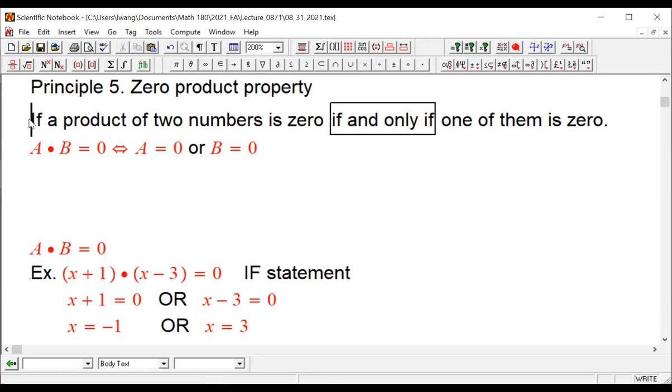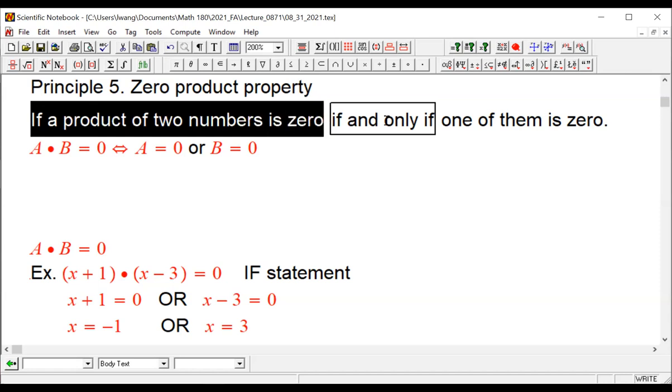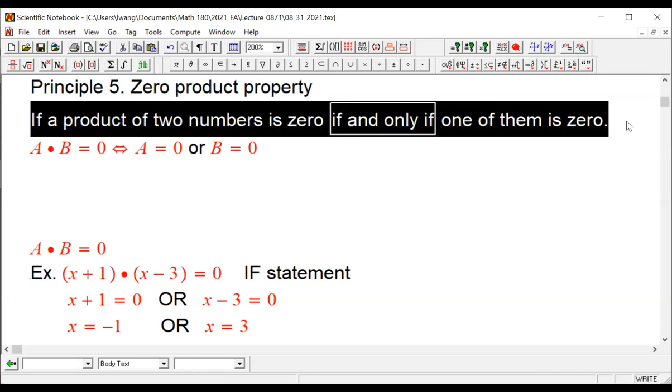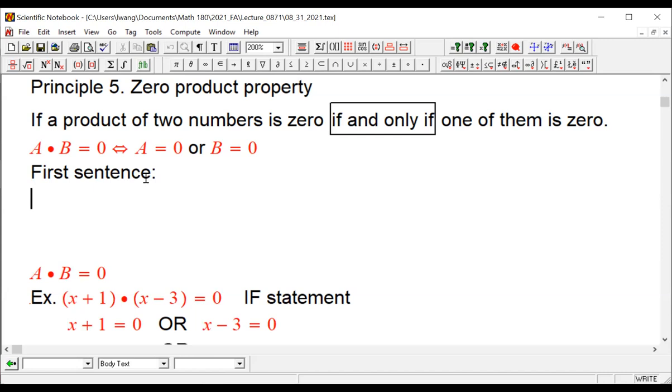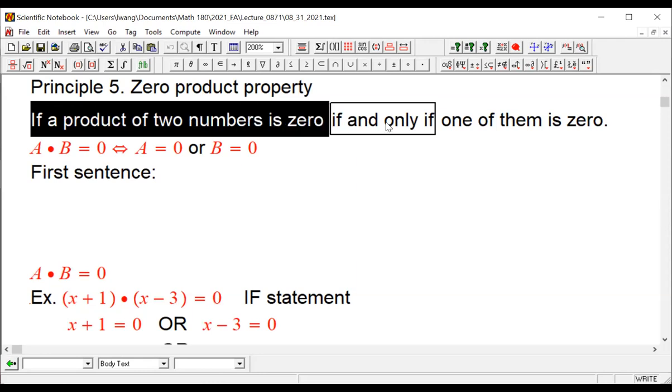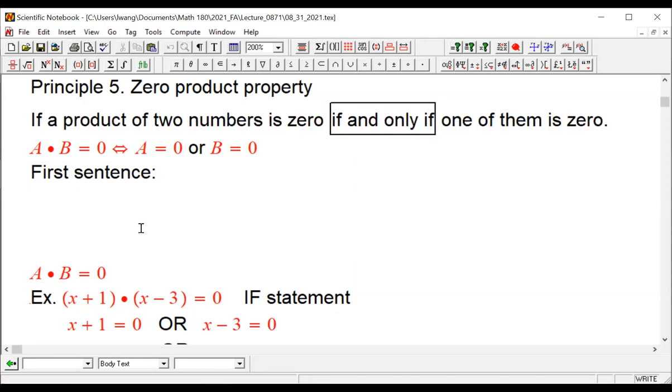Okay, so if a product of two numbers is 0 if and only if one of them is 0, this is actually two sentences, because the if and only if is implied. First sentence. We're still talking about the grammar of mathematics, the statements and so on, and we try to gain some basic understanding. The first sentence implied by this is that